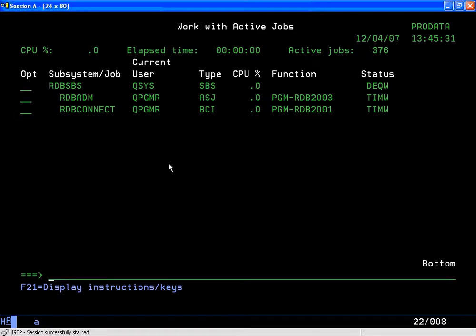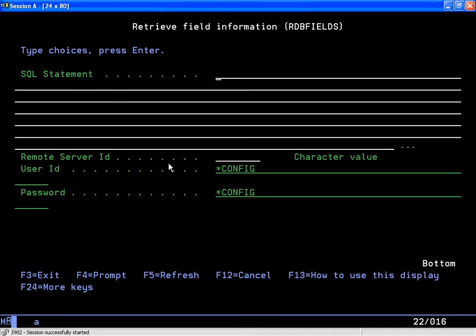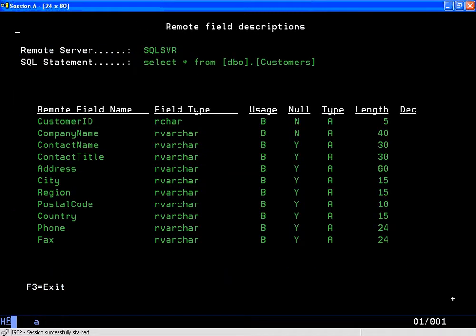So let's go ahead and look at what fields customers has. There's a command called RDB fields. For RDB fields, you actually have to do a SQL statement. So we will select star fields from, and of course this statement must match the standards of the remote database. So in SQL Server's case, this is the format of a select statement. So we'll type that in and hit enter, and it will give us the fields listing from the remote database